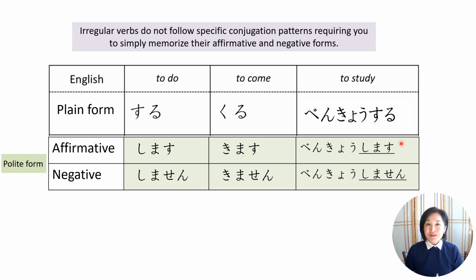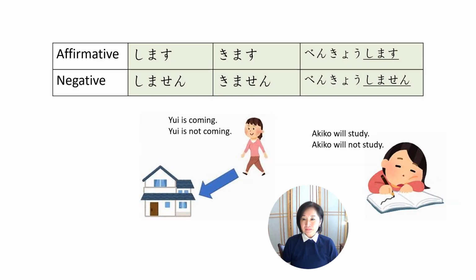いいですか? Please memorize this conjugation because there's no rule to follow. You just have to memorize them. Let's do it one more time. I will read plain form. You give me affirmative and negative forms. する、します、しません。来る、来ます、来ません。勉強する、勉強します、勉強しません。いいですね。覚えてください。